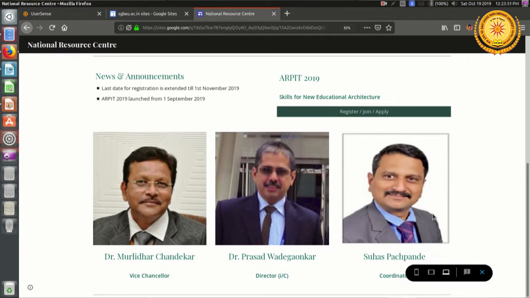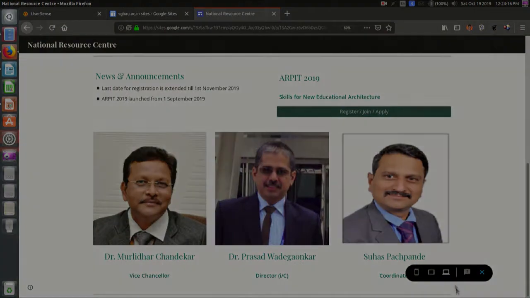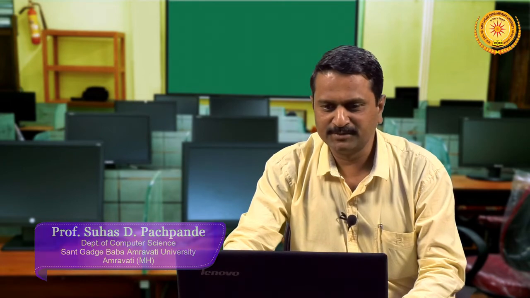Now, if you see here, since I have chosen the standard layout from the template, so the images are displayed like this. If you want smaller images or maybe the larger images, as we have seen, you just have to click the image and you have to drag it. So, you can increase or reduce the size of any object, whether it is image or video or text or anything. Okay.